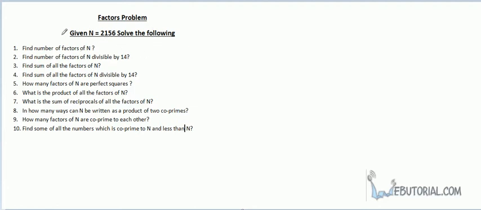First thing, for all the questions, the number n given to you is 2156. Let's write that 2156 in simplified form. So number n is 2156. If you simplify this, you can easily write it as 2 square into 7 square into 11. Now let's solve the questions one by one.